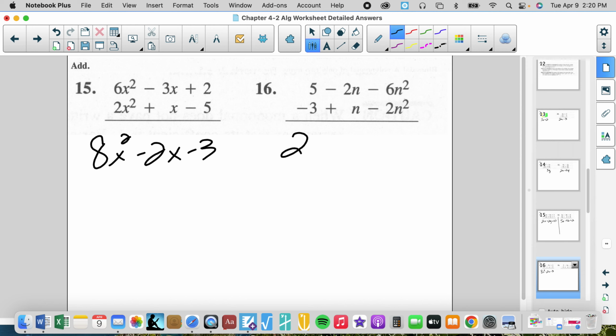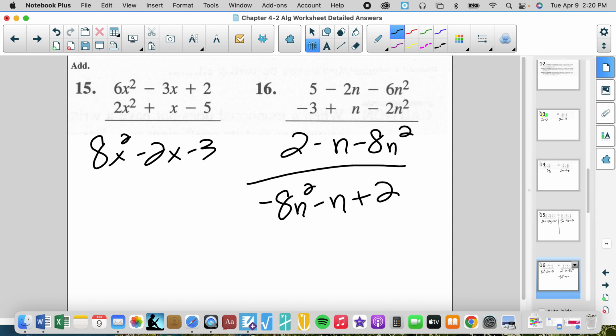So you have 2, you have negative n, you have minus 8n squared. But you got to remember that they need to be put in standard form. So let's put it in standard form. Negative 8n squared minus n plus 2 leaves us with